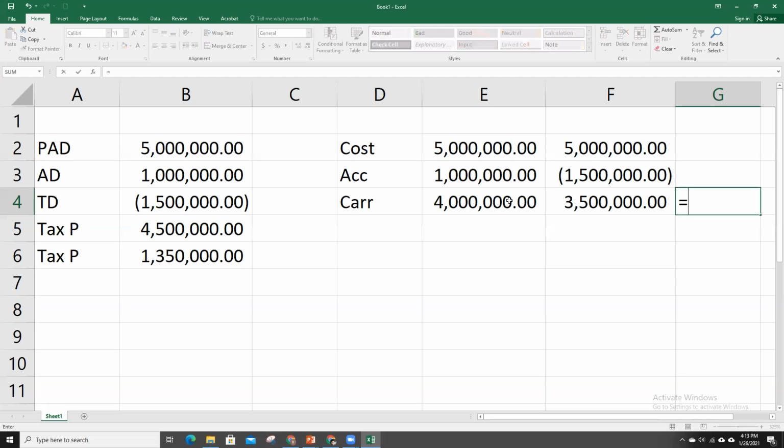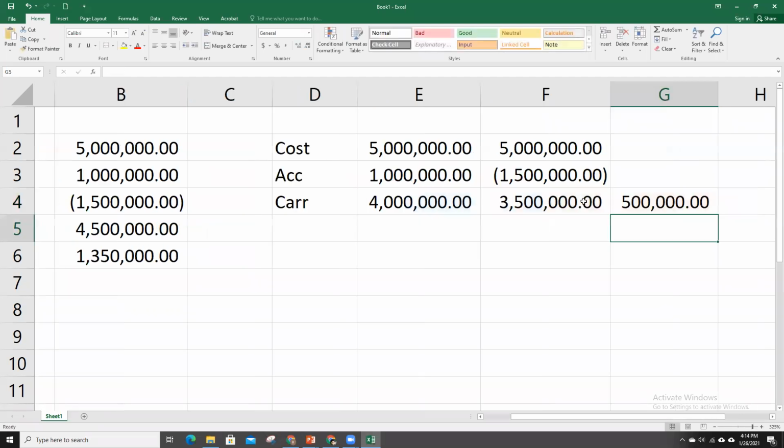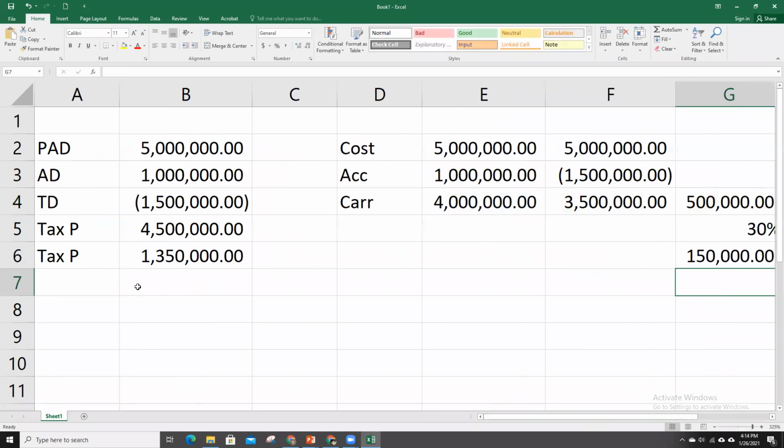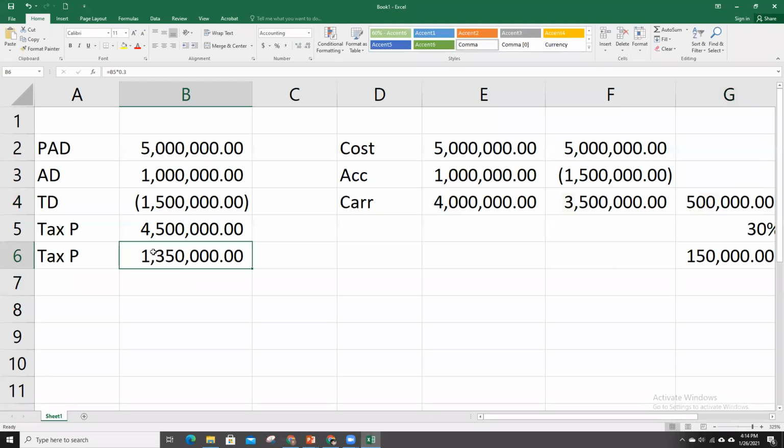So temporary difference equals carrying amount minus tax base, which equals 500,000. We can find it directly at 30%, no? Therefore 500,000 into 30% equals 150,000. That is different, but according to the taxable profit, the tax is 1.35 million. So when we apply